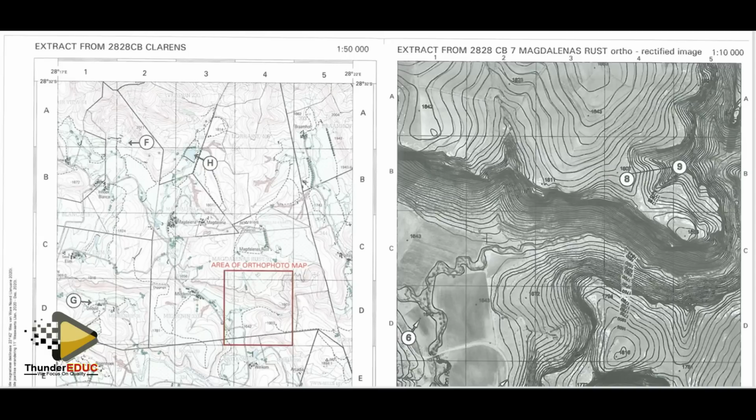So if we try to estimate the exact position of this one, we have the degree value given already for latitude, and we have the minute value given already. We can play around with those even without using calculations to determine this exact position. So our degree line of latitude here is 28 degrees, and these lines that we have here are minute lines.